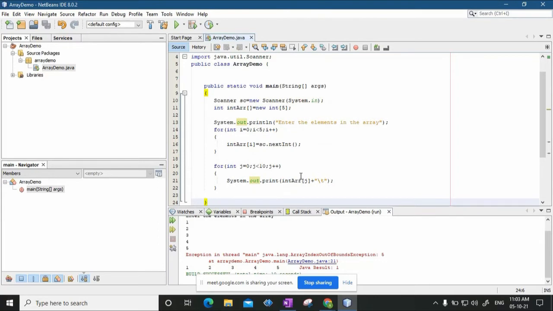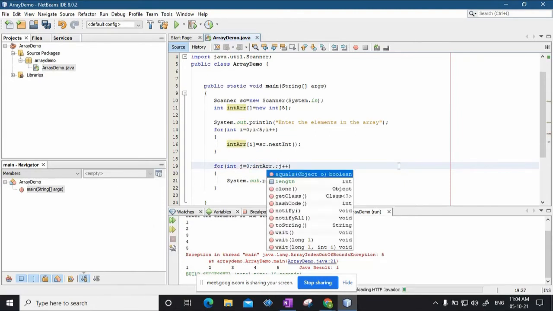Second thing is, once you already have an array like this, you don't have to every time specify j equal to 0, j less than 10. You don't have to specify the number. If your array is already there and if the elements are already there, you don't have to bother how many elements are there in the array. So here, while doing the condition checking, I can simply say, for int j equal to 0, I am just saying that print all the elements of the array. So I will just say int arr dot length.